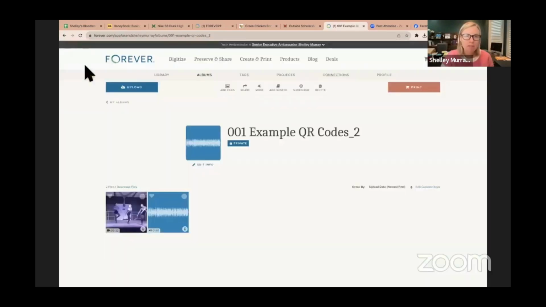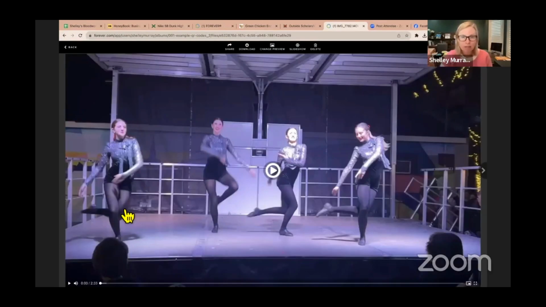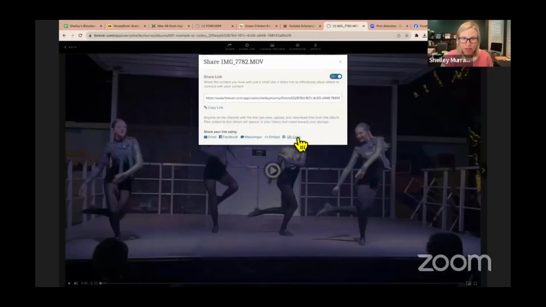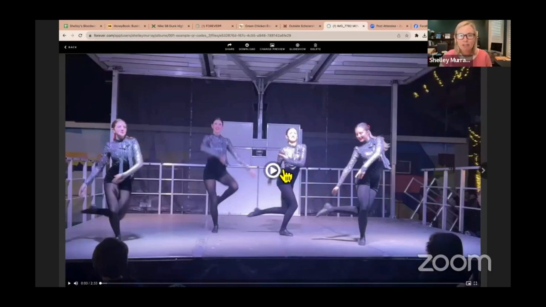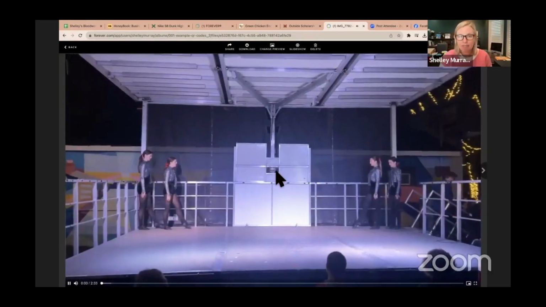Okay. Same thing with a video. Now let's just talk about this one key piece. So with this video, you can do the same thing. You can share the link, create a QR code, scan that, and watch this dance recital of my daughter's for the light up night in our community. But in order for this to play like that,